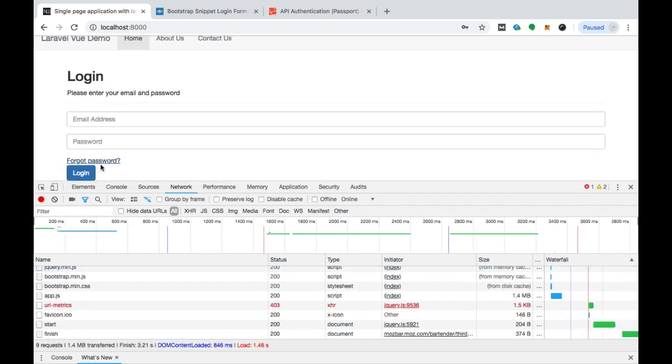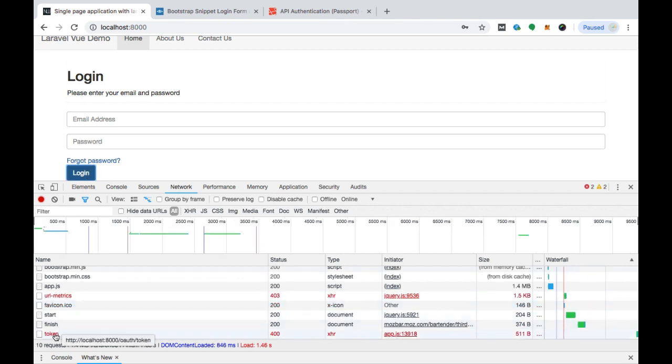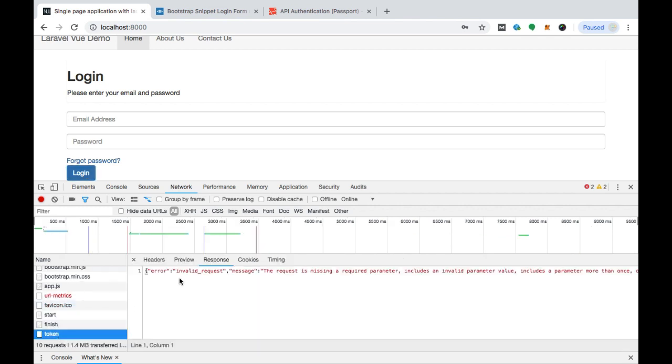And once again I am going to hit this login button,